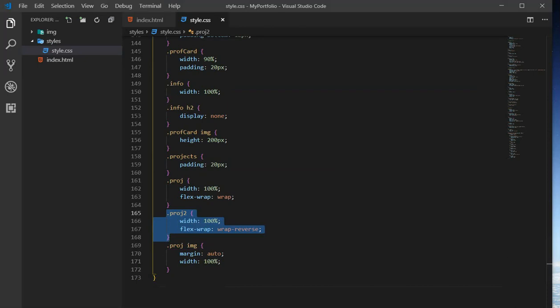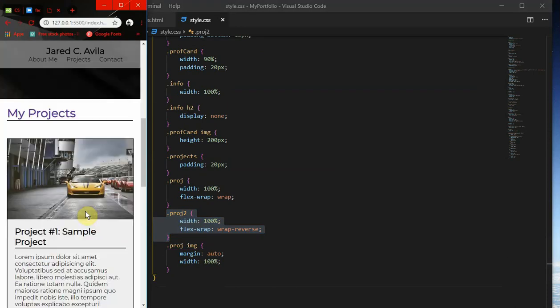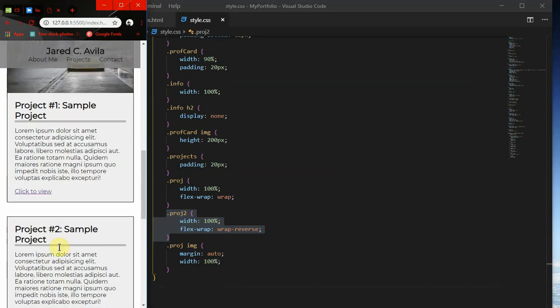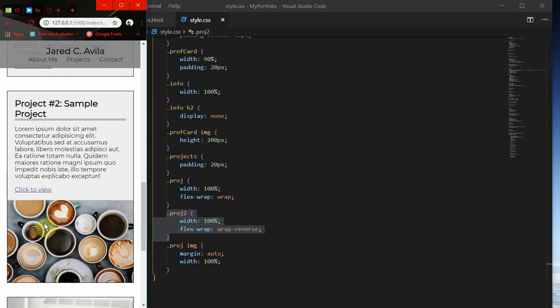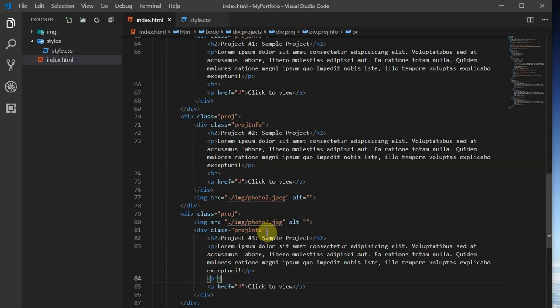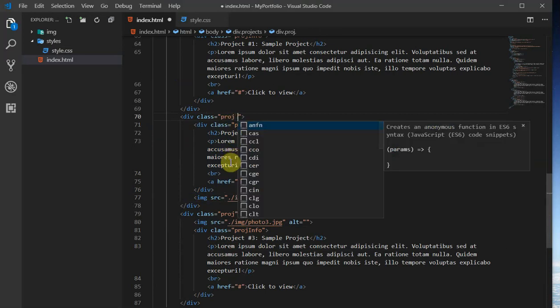Now this is just another style thing, because I noticed, and you guys probably noticed it too, that each one has the picture on top and then the words underneath, and that looks really good. This one is still flipped, and that's because in our HTML we have it flipped. All the other ones, the image is on top, the text is on the bottom. On project 2, the text is on top and the image is on bottom. So in here, we're going to add another class. We're going to say